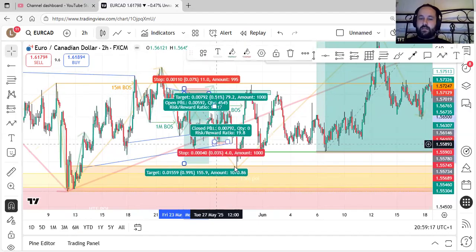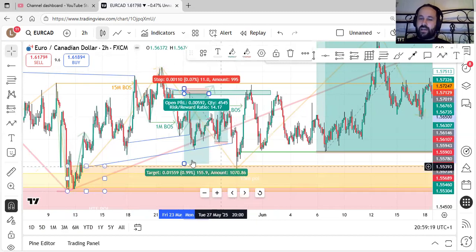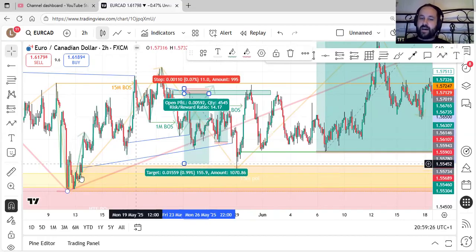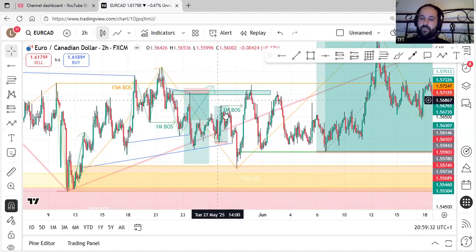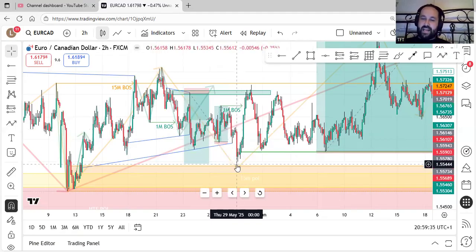Obviously you could be a bit cheeky. I wouldn't necessarily advise it. Like I say, I would generally just stick it at that box if I had this marked, thinking, yeah, it's going to buy from there. Obviously, I'd wait for confirmations. But yeah, depending on where your 1 minute break is, where your 1 minute structure high is as well, could determine whether.